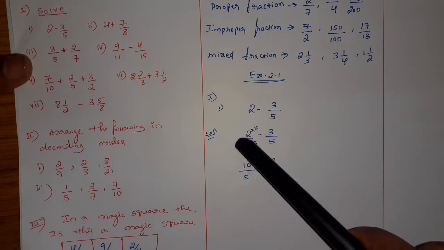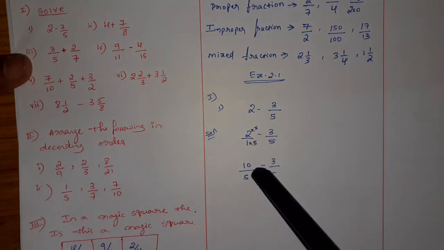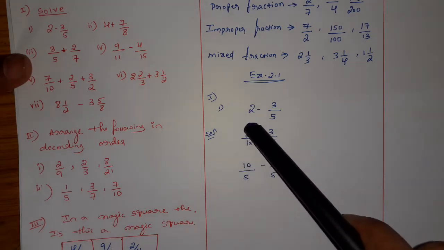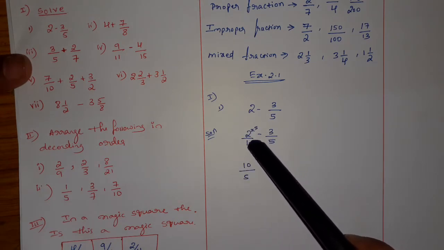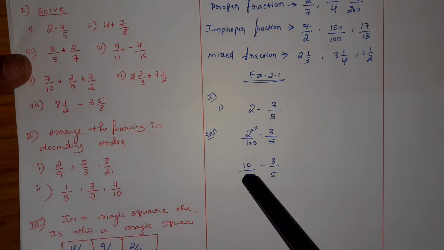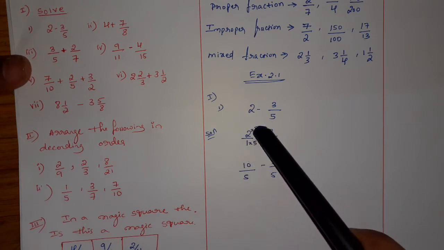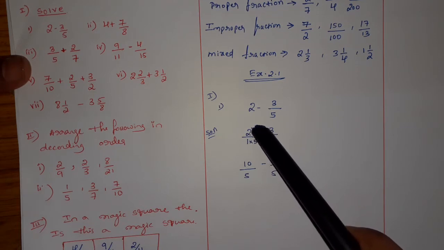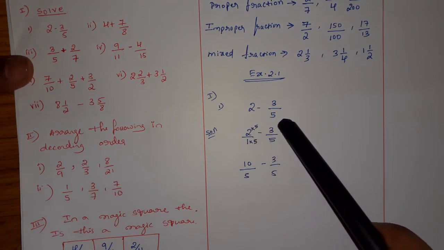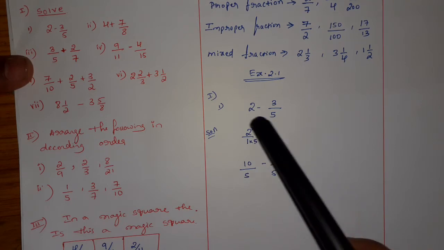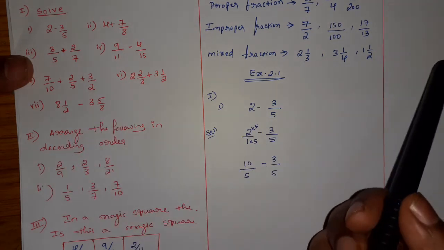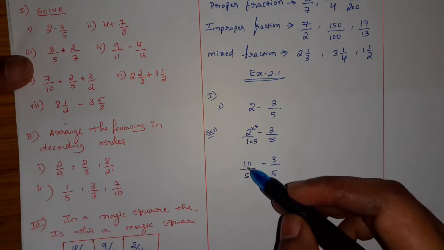Here 2 rupees distributed to one person, each person will get 2 rupees. Here also a single person is getting 2 rupees. So value is not changed, only form is different. Here 2 by 1, here 10 by 5. Equivalent fractions you learnt in 6th standard. You used to write the tables, 2 table in the numerator, 1 table in the denominator. Such fractions are known as equivalent fractions. So the equivalent fraction of 2 by 1 is 10 by 5.